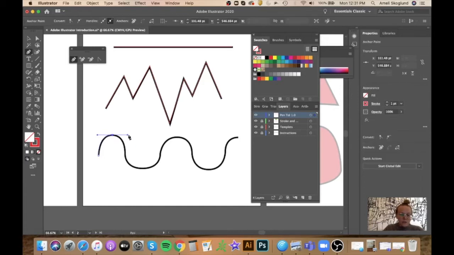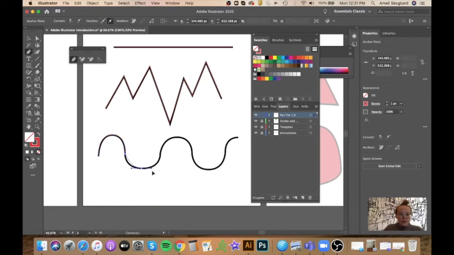Go right here. And then the good thing with handlebars, so right now, this next line that I'm putting down will still reflect this line that I have right here. And so for this next point, again, I can just click. And then now I need handlebars again, so I'm going to go to the bottom of the curve, click and